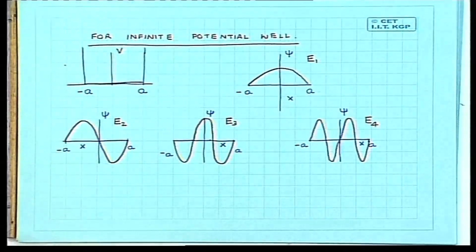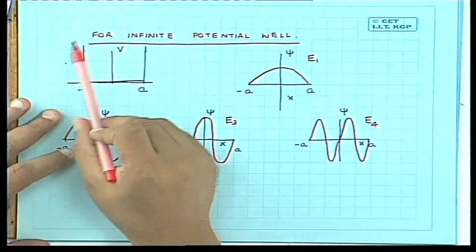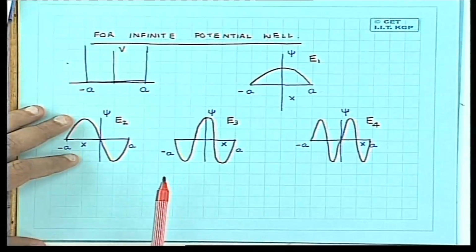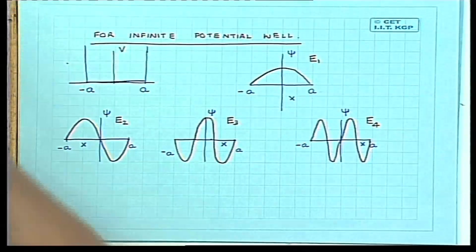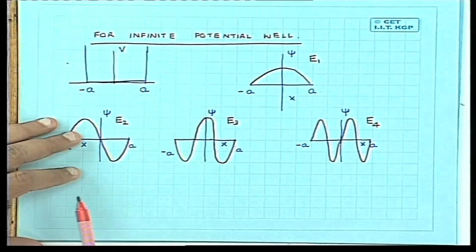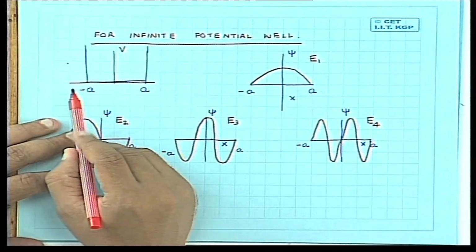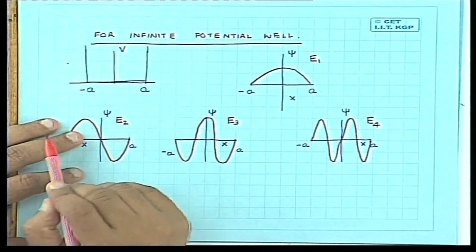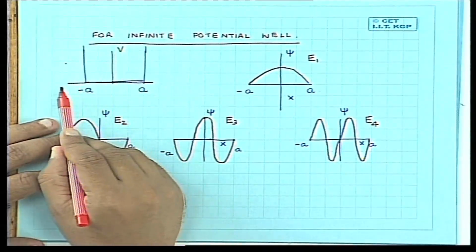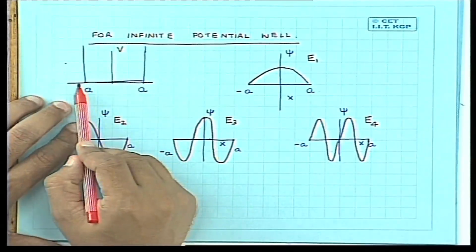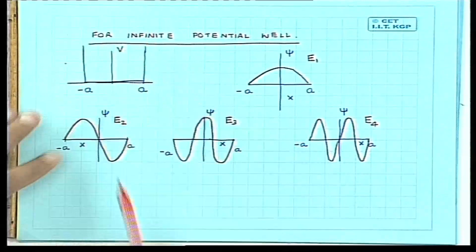Let us briefly again compare it to the situation we have solved earlier, which is the infinite potential well. Till now, in this particular example, we were dealing with a finite potential well. We had done the infinite situation earlier. In the infinite situation, the potential goes to infinity. I have shifted the origin from 0 to minus a, so the potential jumps to infinity at minus a and plus a.